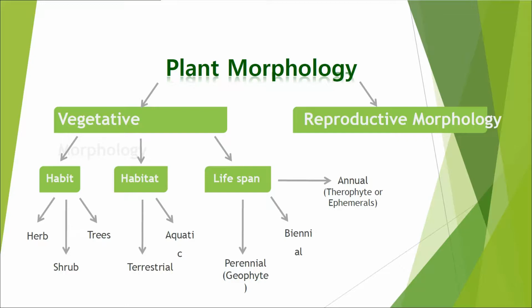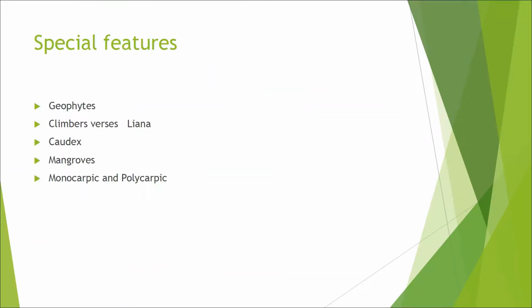What are shrubs? A shrub is a perennial and woody plant with several main stems. So that means branched shoots arising from the ground level itself. Example for this is hibiscus. What are climbers? Climbers have elongated weak stems and generally it will be supported by means of climbing devices, and so they are called as climbers. They are also classified into annuals or perennials.